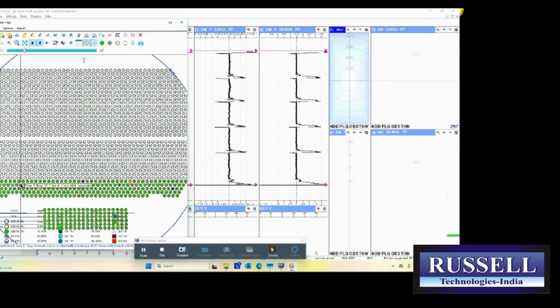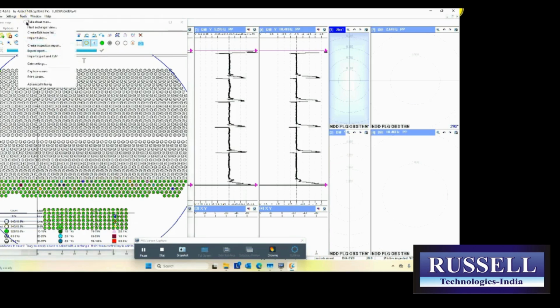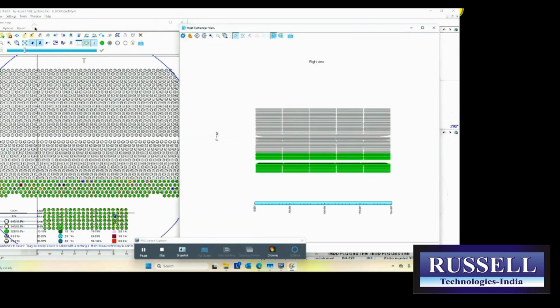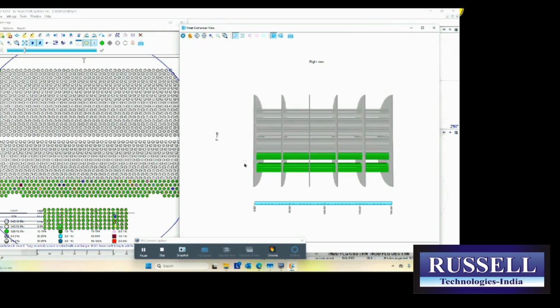So now what if we want to know where those defects are down the length of the tube? So we need to look at the side view of this exchanger, and we do that by going back to the tools menu and select heat exchanger view. And here's the heat exchanger view here. Within this we can zoom in and out. You see it just populated now, the